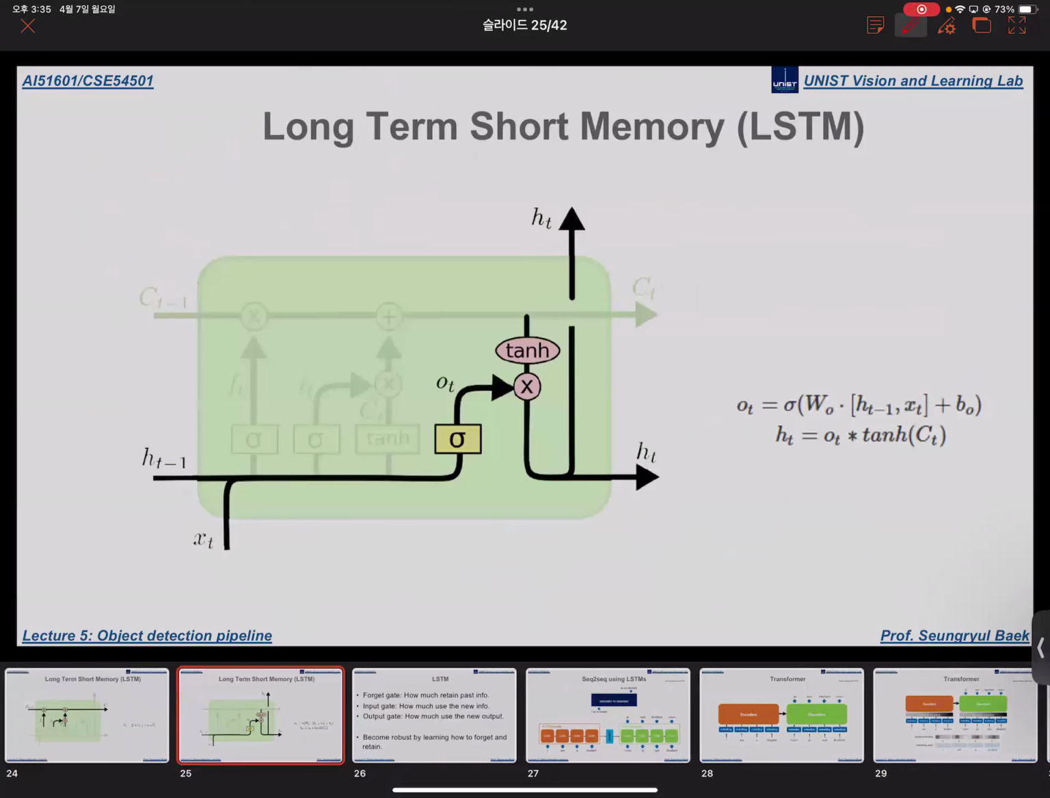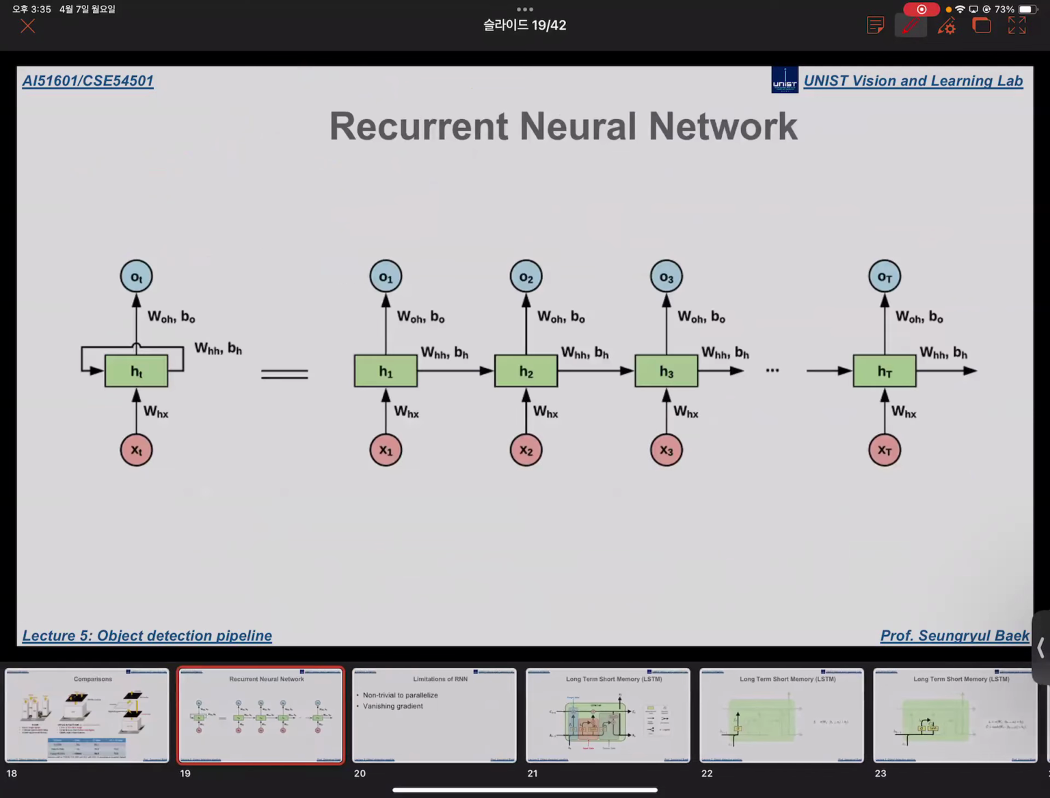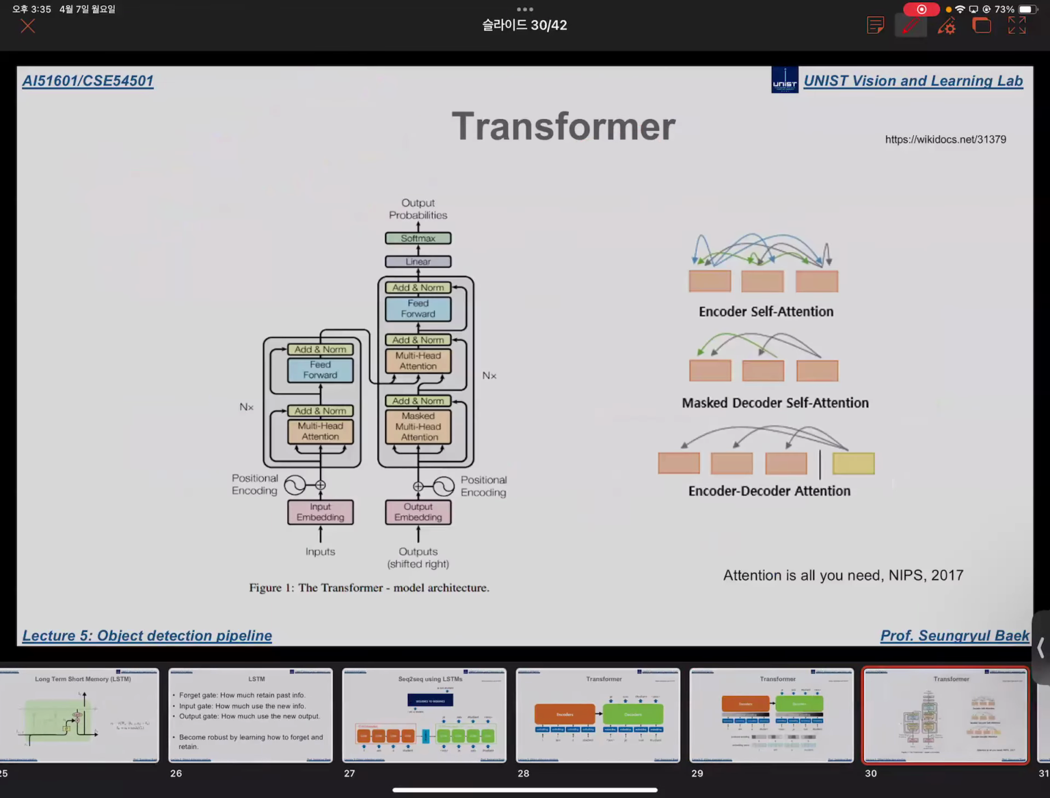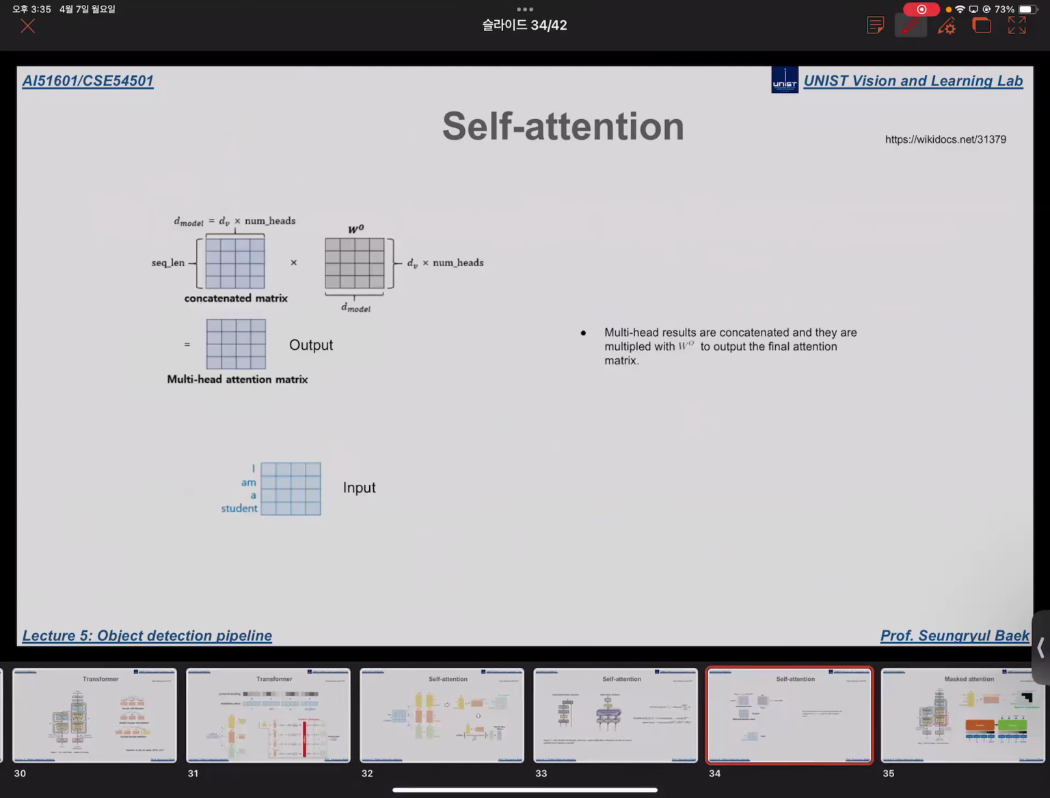And we have to explain that starting from the earlier NLP networks, such as RNN and LSTM. So we will learn about this in the next class. Okay. So for today, let's